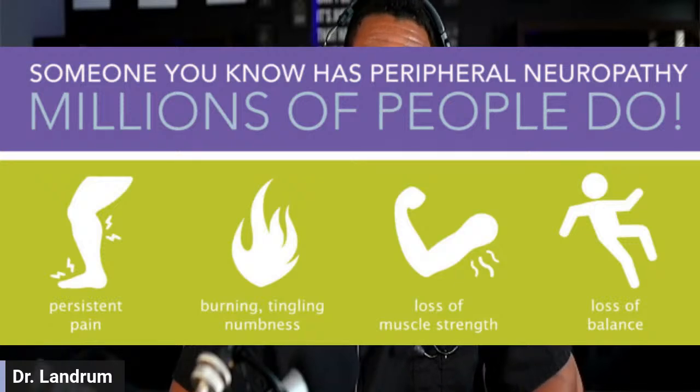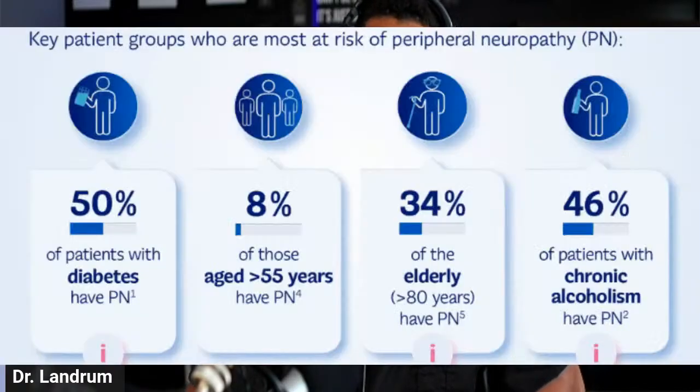The reason why this is important is because sciatica, that shooting pain that we sometimes get down the leg, which we'll talk about differently on a different day, comes from the nerve root that's present in the spinal cord. And although it has similarities, peripheral nerve pain is different, and it affects a lot of people. So millions of people have that persistent pain, that burning, that tingling, numbness, a loss of strength, and a loss of balance. What's the percentage of people it affects?